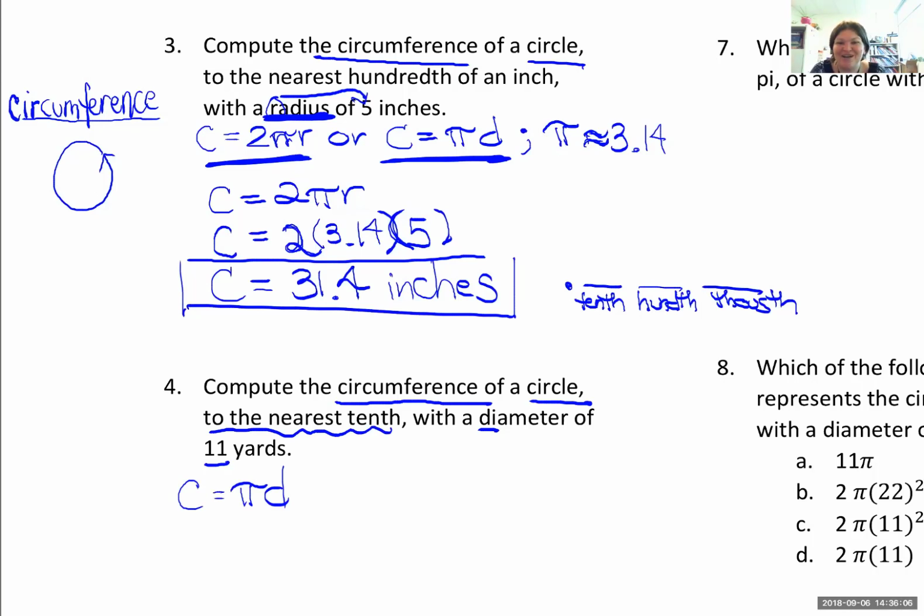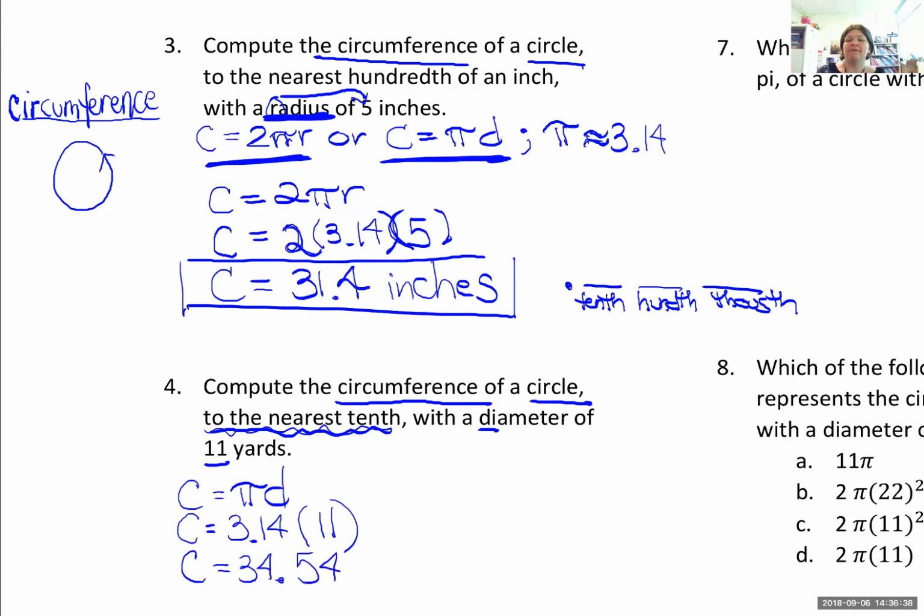Okay, so I know the D. I know the diameter. It's 11. And so C equals, should I call pi pi or should I use a decimal approximation? Decimal approximation. Absolutely. I see that rounding language to the nearest tenth. So I'm going to call pi 3.14, close enough for government work. My diameter is 11. And now I will just go ahead and multiply that out in my TI because I'm so lazy. And I get C is equal to